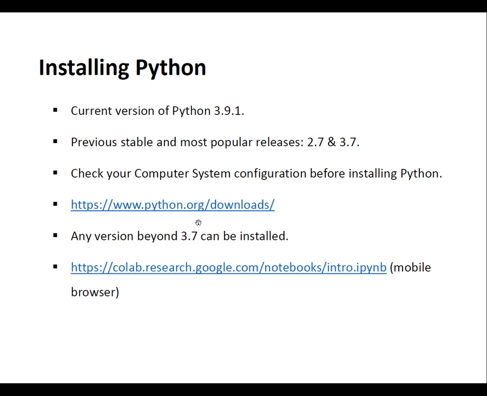Now before installing Python, you need to download Python from the website that is given over here, that is python.org. But before you download, you need to make sure that you are downloading the correct version of Python. Now how to check the correct version and the correct setup of Python? So for that, two computer properties are important. One is the software and one is the hardware.